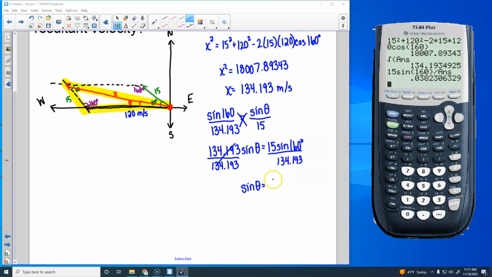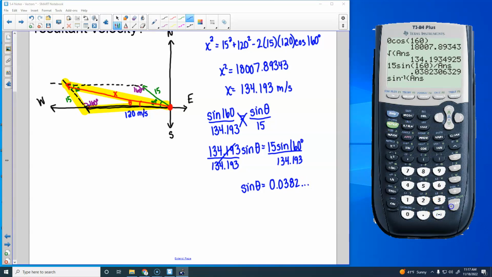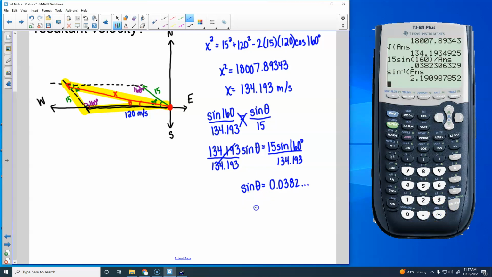You get 0.0382. And then sine inverse, and we get 2.191